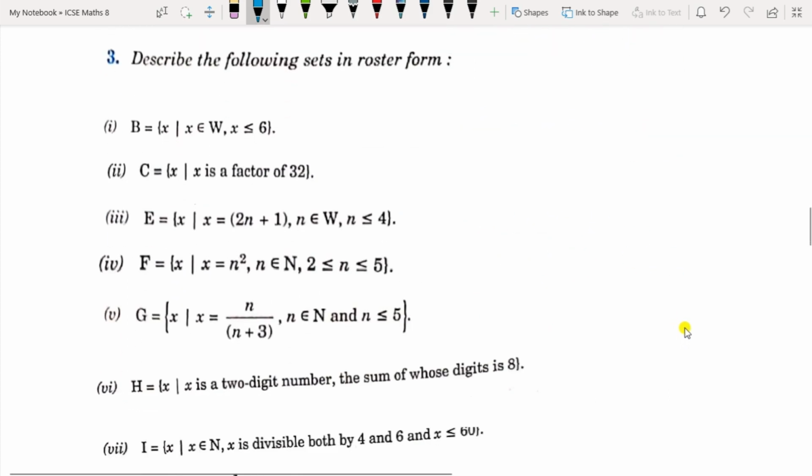Describe the following sets in roster form. Roster form means you have to write the elements as numbers. First one is